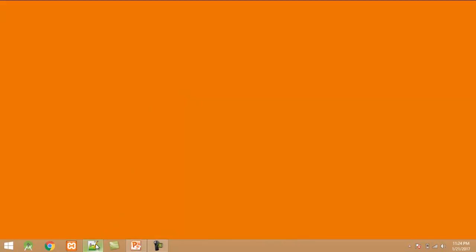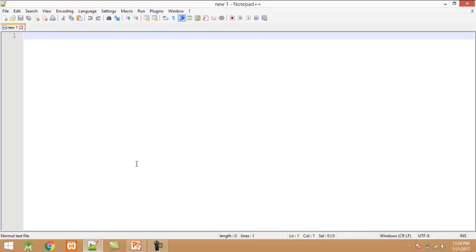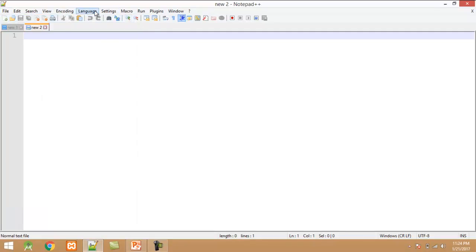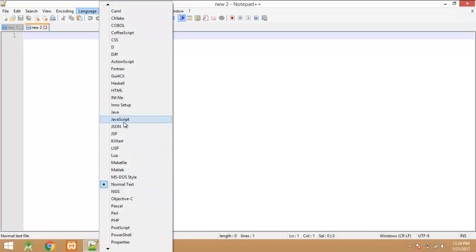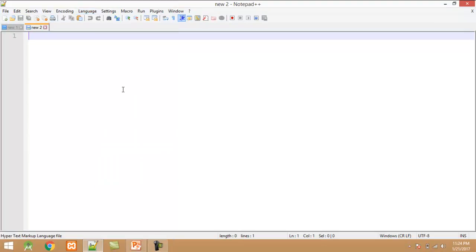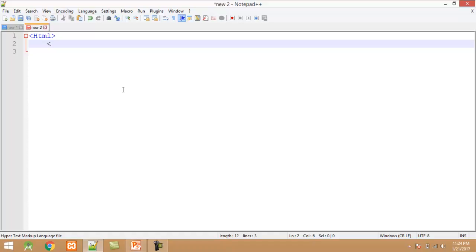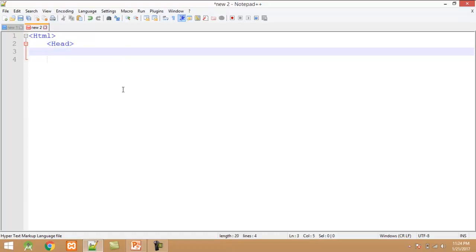Now I start the Notepad++ editor, or you can use a general editor like Notepad to design the HTML program. Click on File, New, and from the language menu I set the language HTML. First I type HTML tag followed by head, followed by title tag.